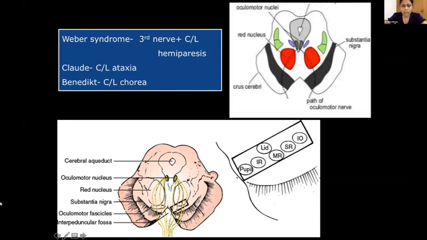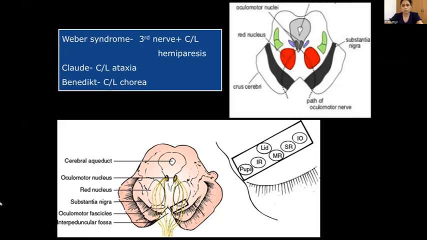The second point to note here is that if the lesion is in the fascicular portion of the oculomotor nerve, it can spare the pupil, because even in the fascicular portion, the arrangement is like this. This is the medial most part and this is the lateral most part, and pupillary fibers are the medial most part. So if the lesion is involved in this part of the fascicular portion, the lesion will not involve the pupil. So if the patient is having pupillary sparing oculomotor nerve palsy, it does not mean that it has ruled